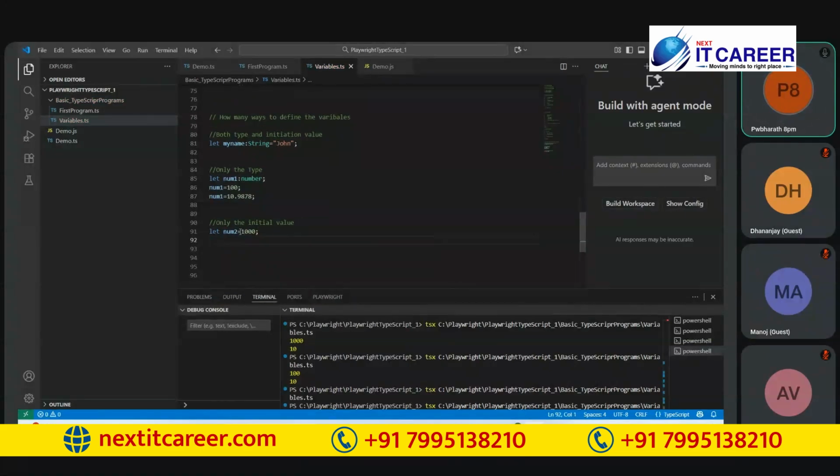So here we are not specifying the type of the value for num2. In num2, we are assigning 1000. In the next line onwards, num2, if we are supposed to store a string,